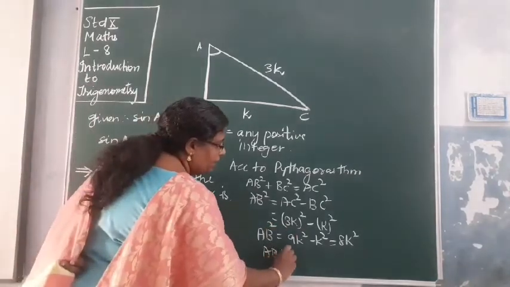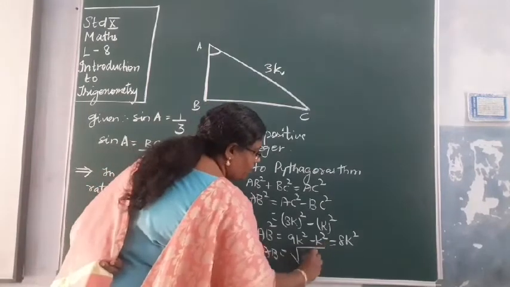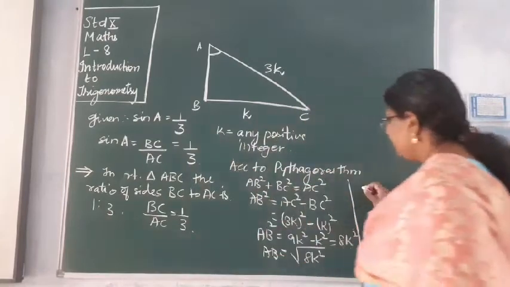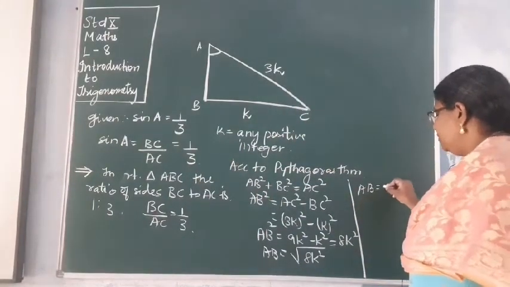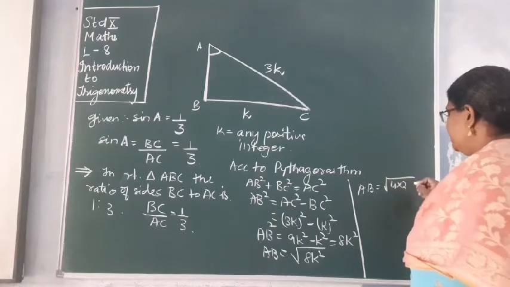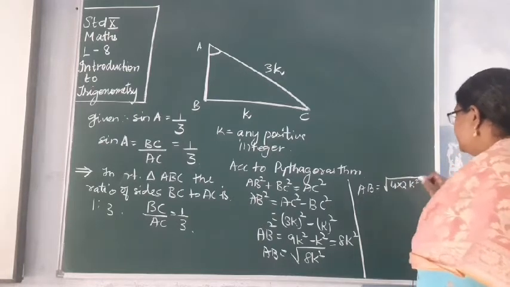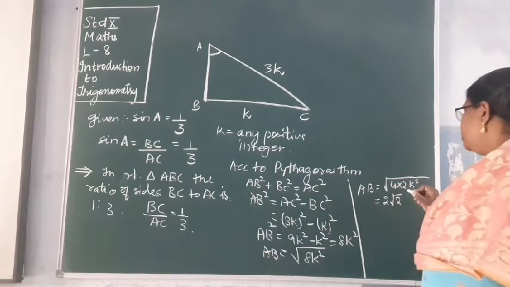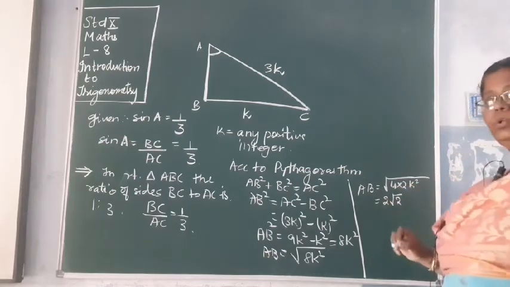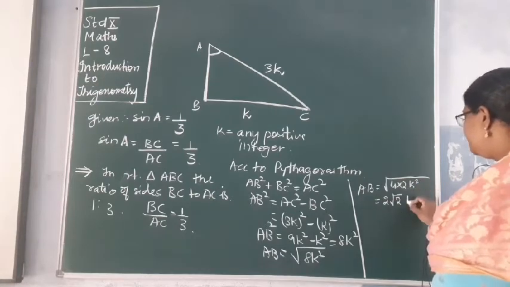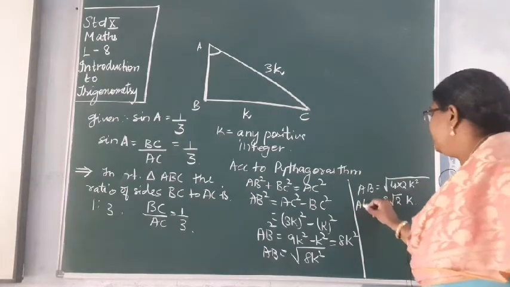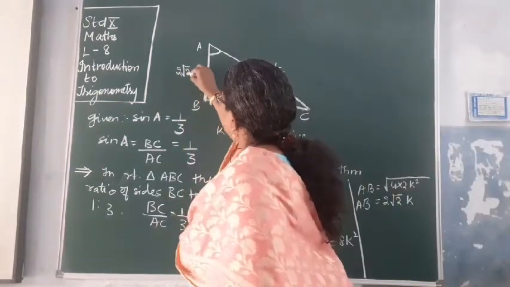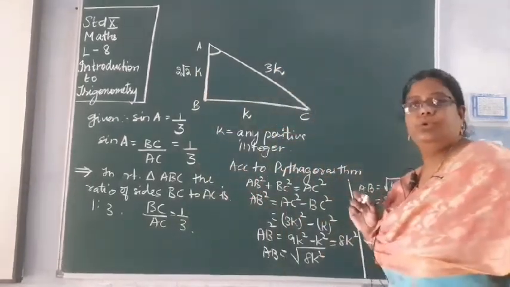Then what will be your AB? AB will be under root of 8K square. ठीक है? So in that sense, what will you get your AB? AB will be equal to under root of 4 into 2 लिख सकते हैं ना 8 को, और K square लिख सकते हैं. So 4 का square root is 2. 2 का square root को हम कुछ नहीं कर सकते. So keep it as root 2. And K square का square root will be K. So you got your AB as 2 root 2K. So what did you get your AB? AB value you got it as 2 root 2K.